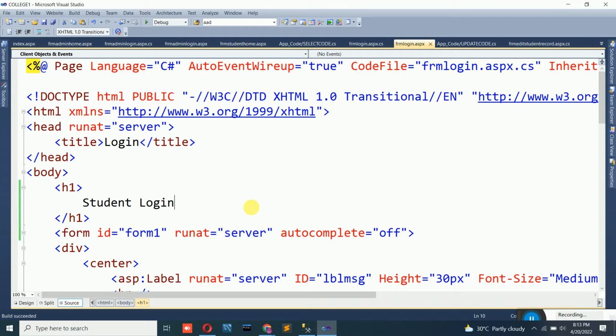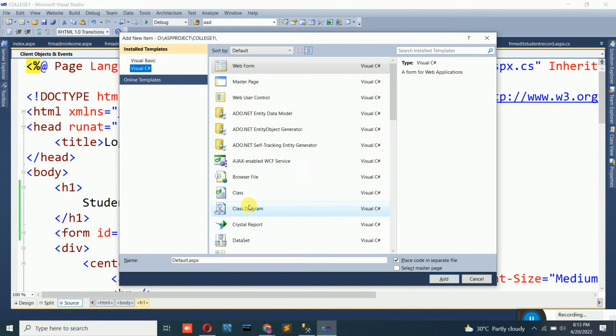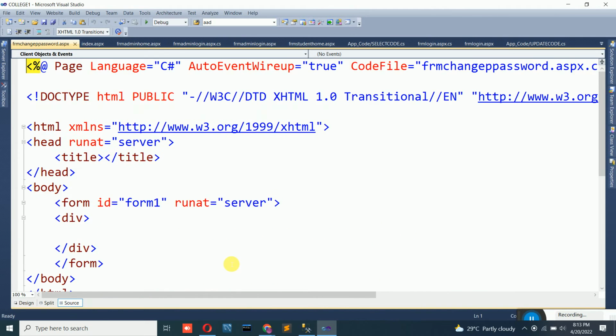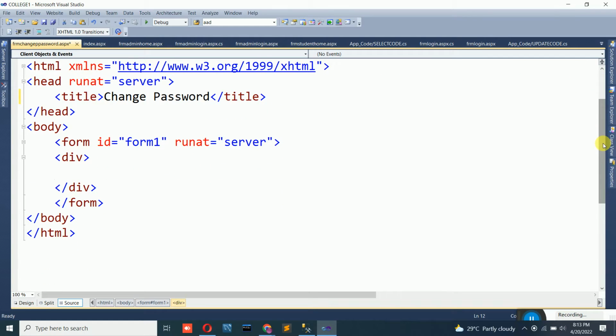So what I will do is I'll create one new web page. Say I'll call this as change password, say frmChangePassword.aspx. So create one new page and change the title: change password. And here first ಯಾವುದೇ one whenever you want to change the password in this, it is very important